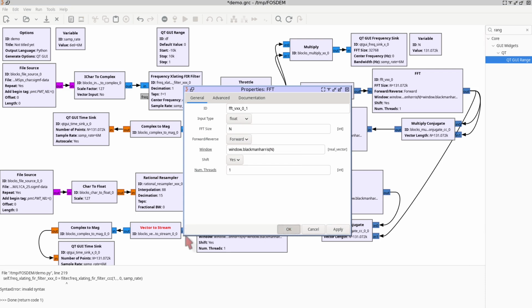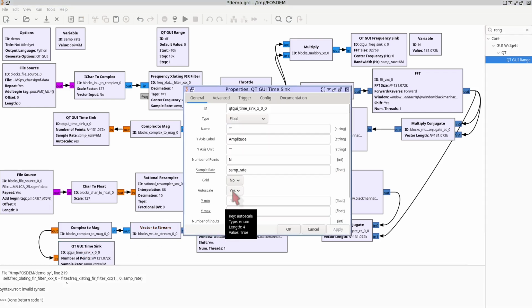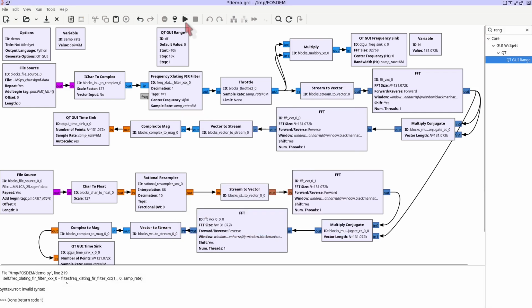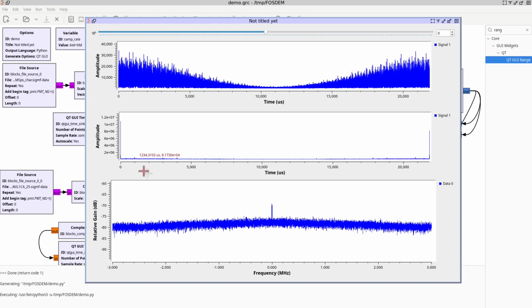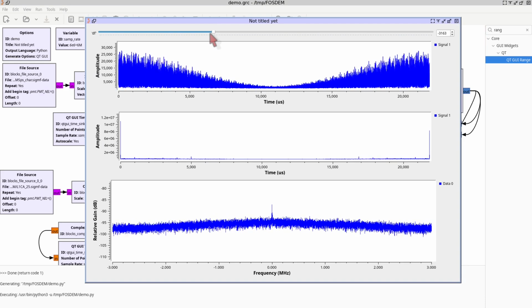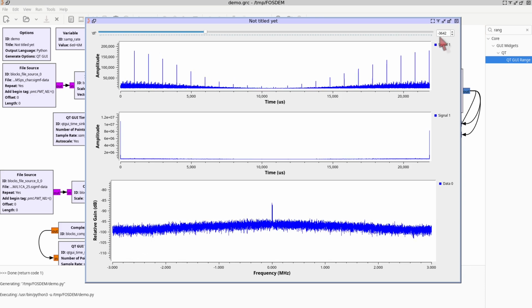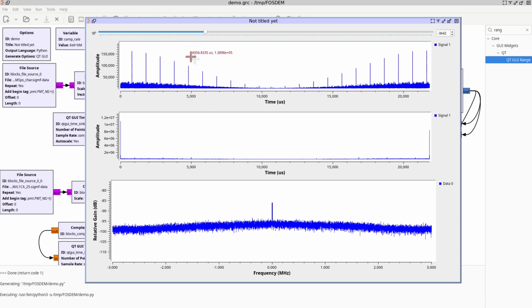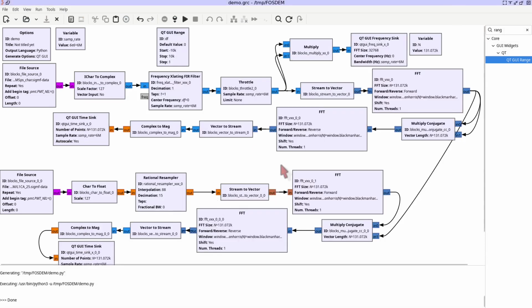We finalize the whole processing chain over here, and we can take the Qt time sync, auto scale is on, and we can run this to try to search for the presence of a known code in the received signal. So here is our squared signal, here is the autocorrelation, and if we search for the frequency offset that allows energy to accumulate, here we see that at around 3.6 kilohertz we have the correlation peaks, and if we stop and look more closely, we see that these peaks at 1.8 and 2.8 milliseconds indeed repeat once every